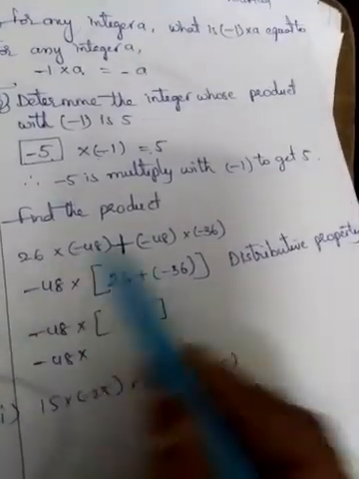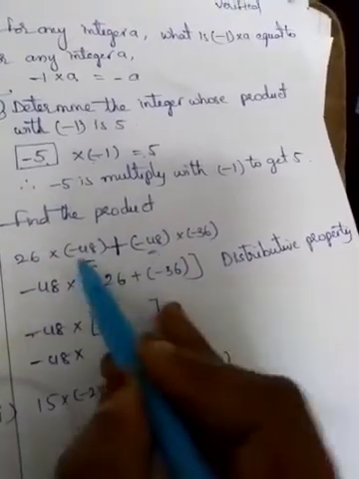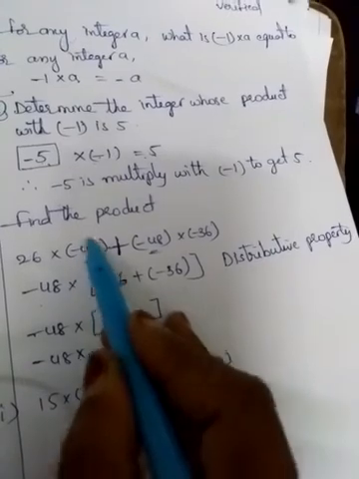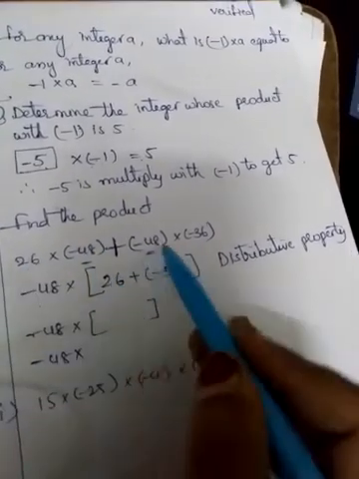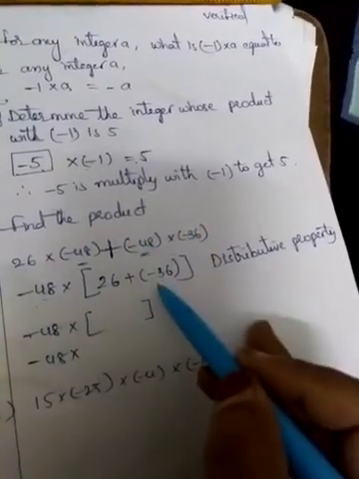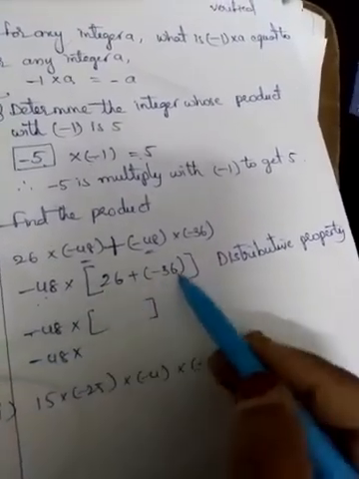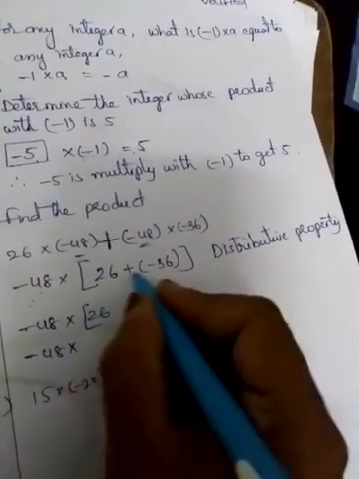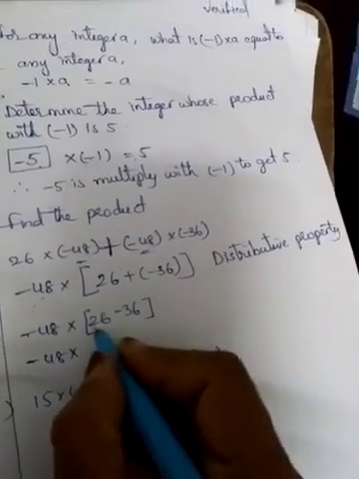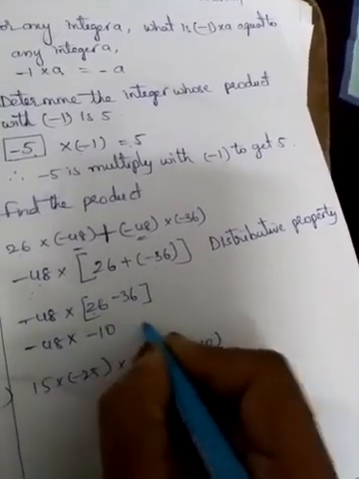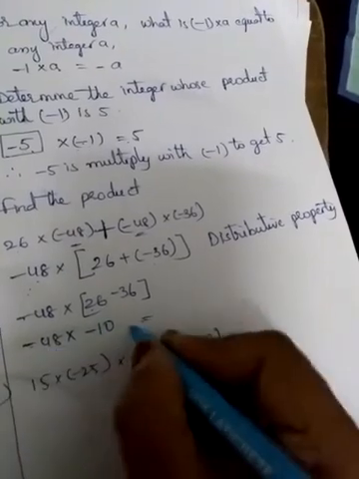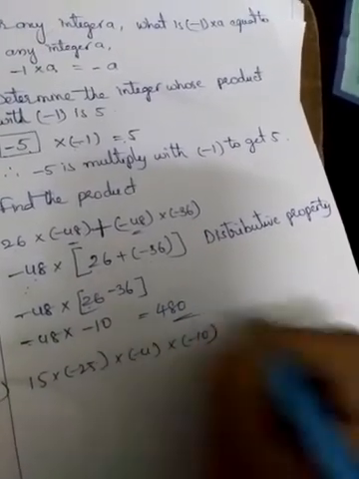No, like that. In that both common, this 48 is there. 48 outside writing means this 48 outside means leftover 26 is there. Here 48 outside is there means here minus 36 is there in bracket writing. Minus 48 outside is there, inside bracket numbers we are doing. 26 plus into minus, minus 36. 26 minus 36 minus 10. Minus into minus plus 48 into 10, 480 is the answer.